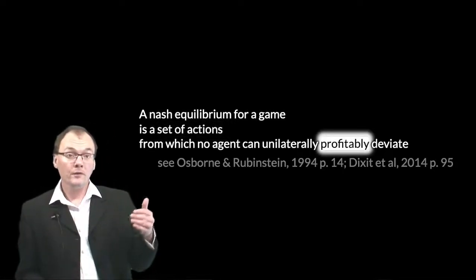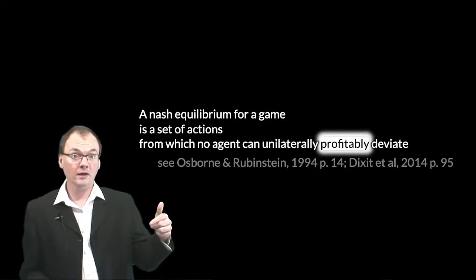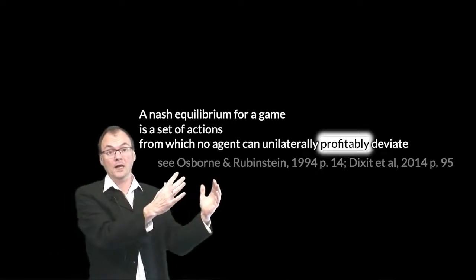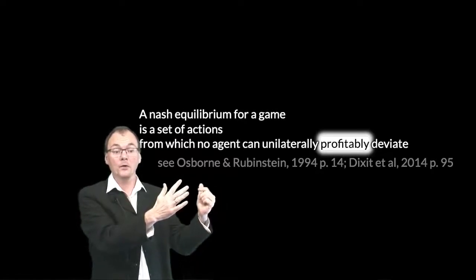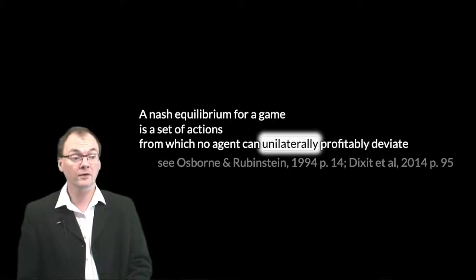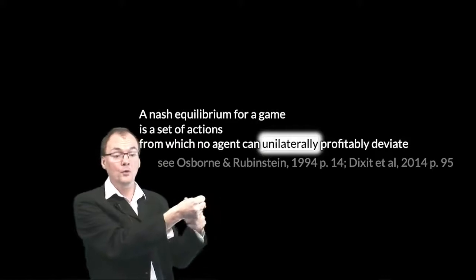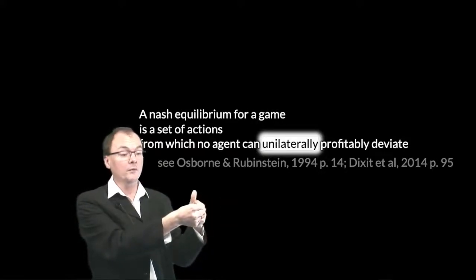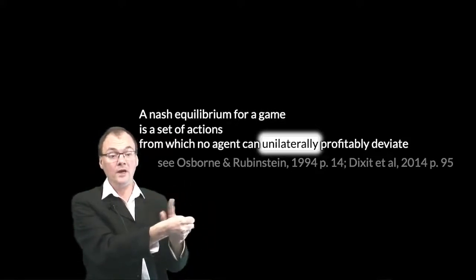When we talk about profitably deviating, we mean relative to the preferences that the individual agents have. So those numbers in the representation of the game correspond to how strongly or weakly the agent prefers one outcome over another. Profitably deviating means gaining a more preferred outcome over a less preferred outcome. And we're stressing unilaterally because the idea is that we hold constant all of the actions that the various players are taking, and then we suppose that one player just decides to change her action only. Does that one player's change, the unilateral change, improve the outcomes for her?